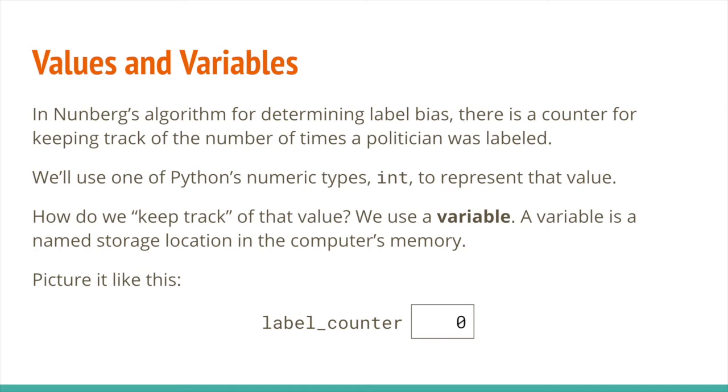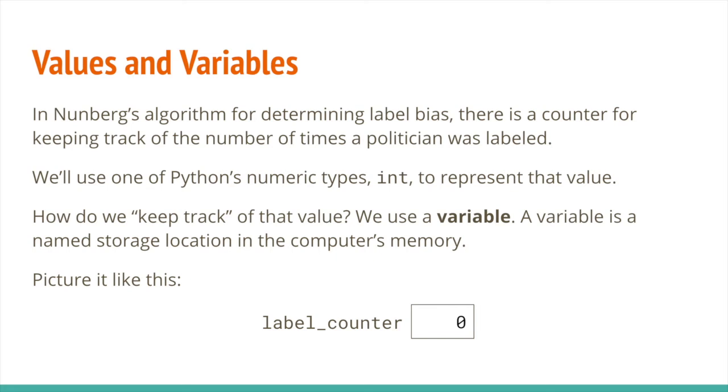And in this case, it's the value of a simple type, a number. Data structures are a more complex type, like a list or a list of lists or a list of word list pairs. That's a more complex value. In the case of Nunberg's algorithm for the counter, we'll use one of Python's numeric types, int, to represent that value. As an example of a number, a specific type, int